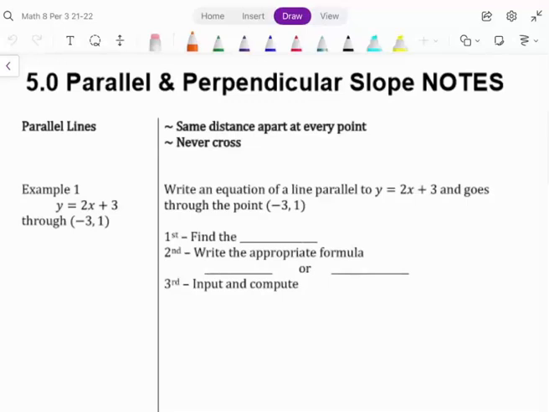Two things about parallel lines: they are the same distance apart at every point, and they never cross. That's really the biggest part. And they have the same slope. So they're never going to cross because their slope is the same. They're going to keep going up 2 over 1, up 2 over 1 forever and ever and ever, but never